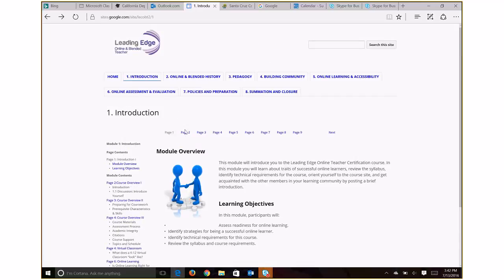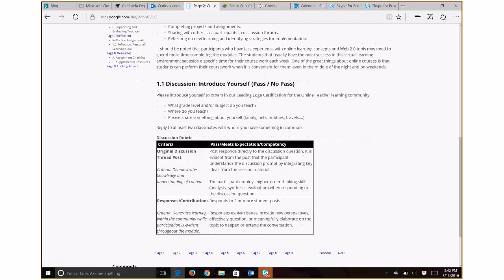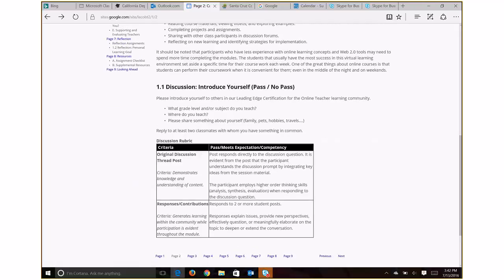page 1, page 2, and you could see on page 2 is where you find your full instructions and a rubric for the discussion, and we'll look in a minute to where that's going to go. But I generally, when I've done these courses myself as a student, I copy the question and paste it into where I have to do the discussion post. That way I could see what I need to address to get full credit. Then I can delete it later before I submit it to post.